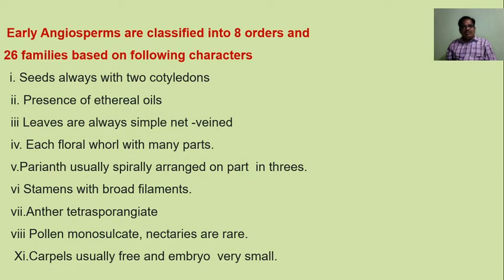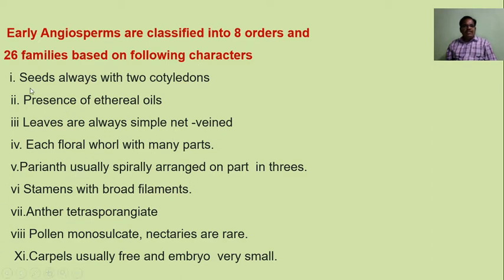Again, there is one more character found there: in this case, flowers are trimerous. So these are the advanced ones. These are the primitive dicotyledons, which show the character of dicotyledon, especially when we observe the leaves, which show reticulate venation, but they are petiolate and alternate. Additionally they show different types of primitive characters as they get evolved.